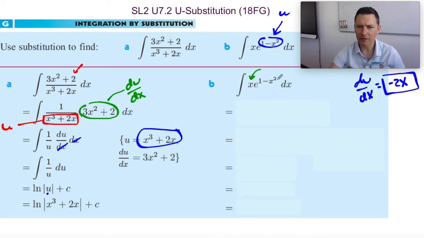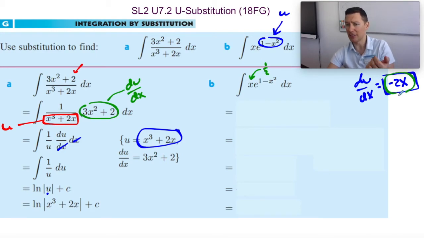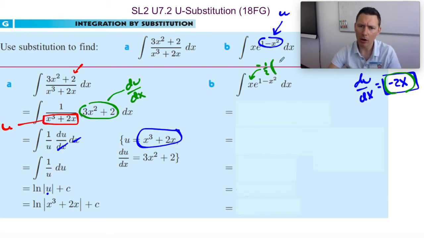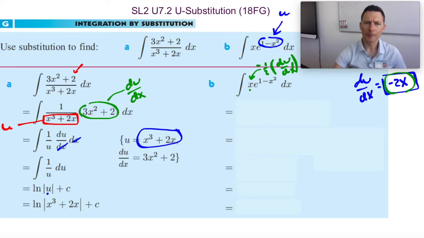This is half of this. It's 1x. We need 2x, needs to be negative, so it's negative a half of du dx. Right? I'm looking for negative 2x, and I only have a half of it. It happens to be the opposite sign. So what we could do is inject that negative a half